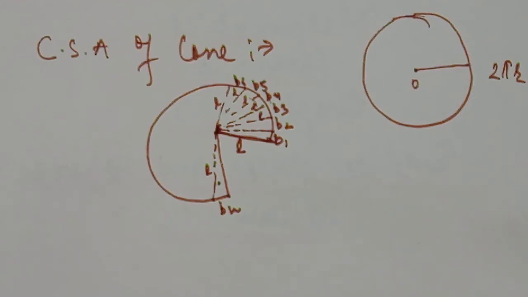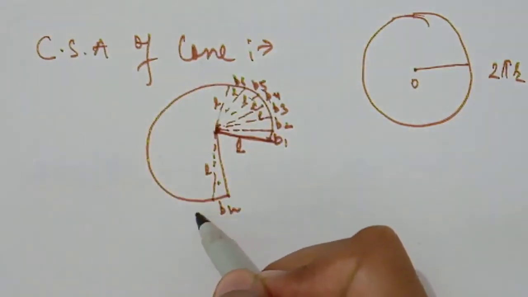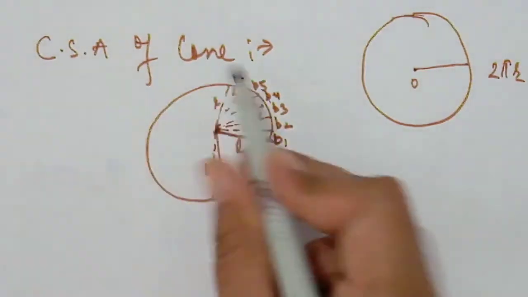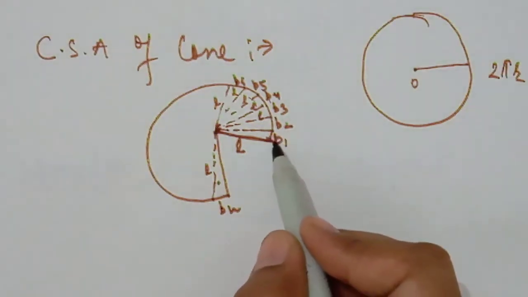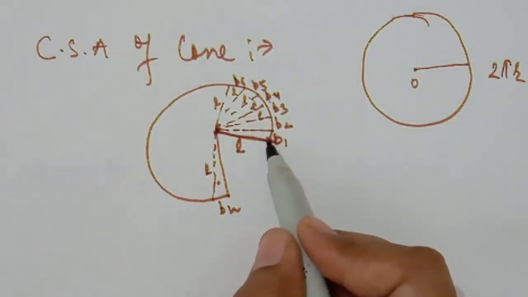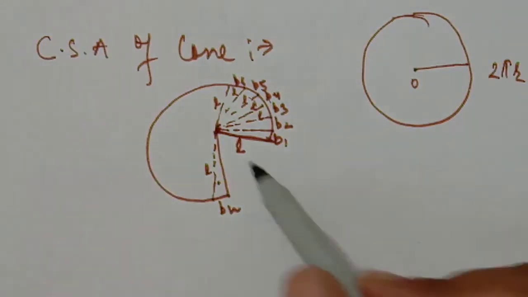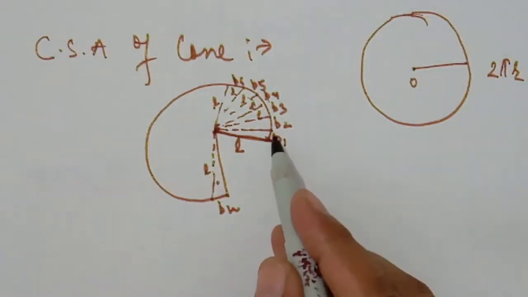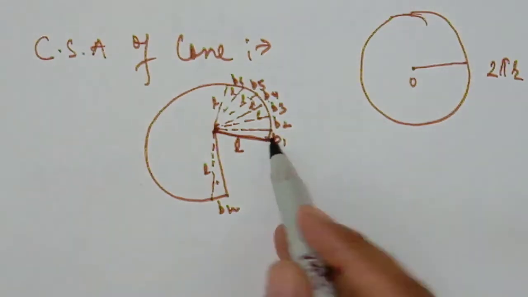Okay students, most of the students think that this part is a circular portion, and we are talking about a right circular cone. Beta, when we divide all these parts into so many infinite papers, it is not visible that it is a circular part. You can do this activity with any paper: draw a circle and distribute it into many fine triangles. Then you cannot tell whether it is circular or straight.